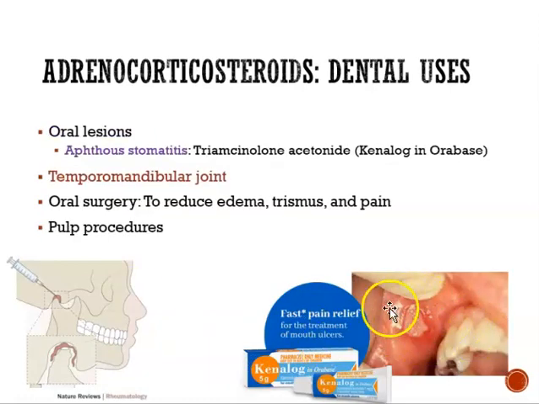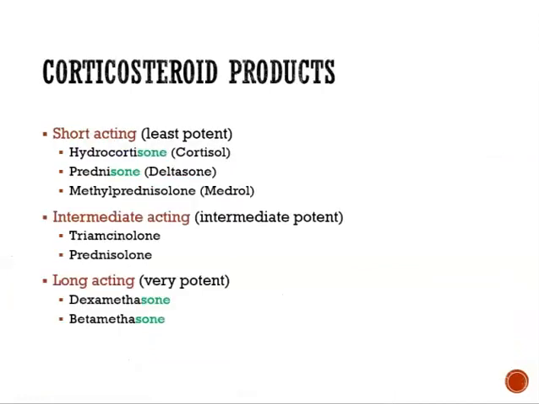So let's say you have a lesion, which is, this one is called aphthostomatitis. The treatment for this is a corticosteroid. It is called Kenalog, also Orabase. And so it's supposed to relieve that ulcer. If we have TMJ pain, sometimes they'll inject corticosteroids in the TMJ area to reduce the pain. So these are all the different examples of drugs that are corticosteroids, drugs that give us these cortisols, which is the hormone that gets produced when we're stressed.